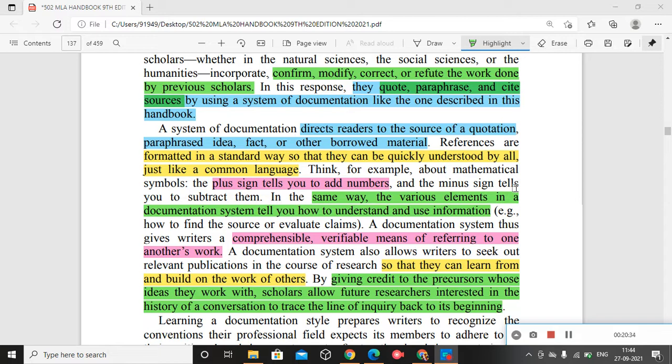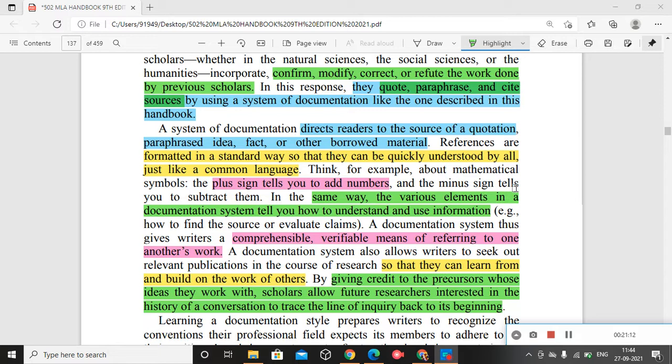In the beginning, you have to start mainly, most often, with the author's name only. That also in the reversed order. If it is William Shakespeare, it should be Shakespeare, William. Okay, so that is it. You try reversing your own names, then you will understand how it is to be done. Toni Morrison, Morrison, Toni. Maya Angelou, Angelou, Maya. Kamala Das, Das, Kamala. So this is the way you have to reverse that name.